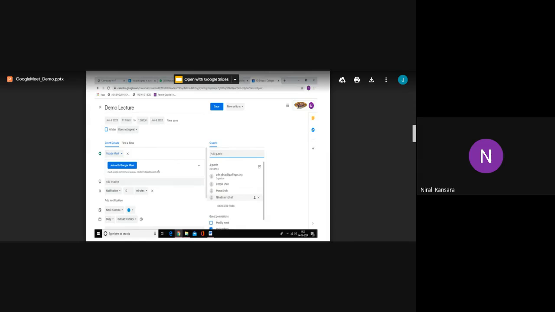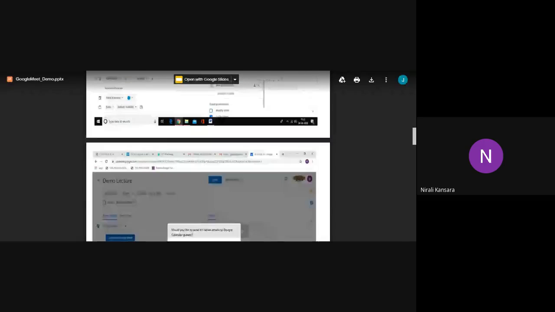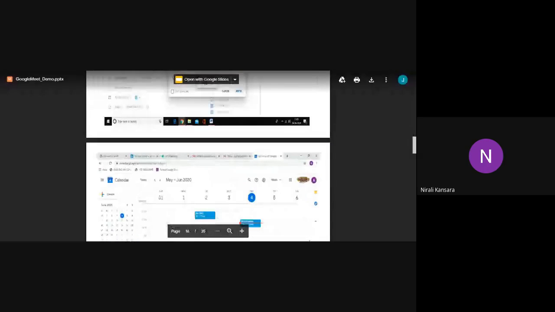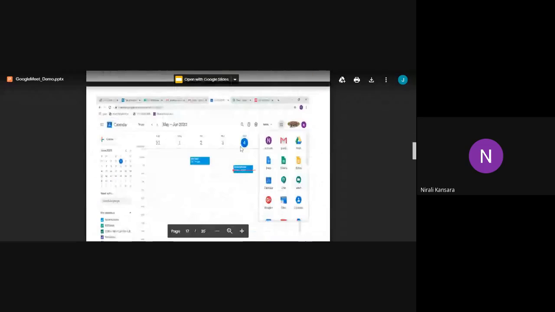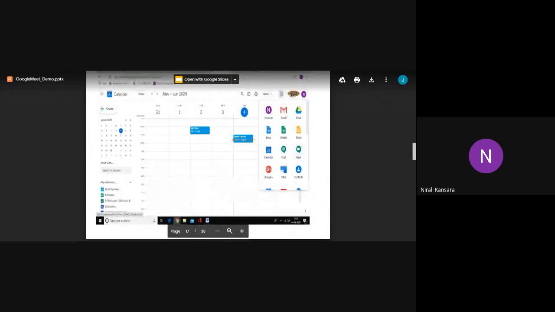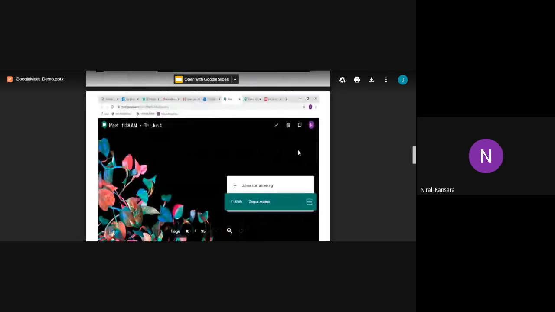Or if you don't want to do it after creating this event, you have to again go to those 9 dots available on top right corner. When you click on it, it will show you the Meet option. So click on Meet and open your Google Meet.